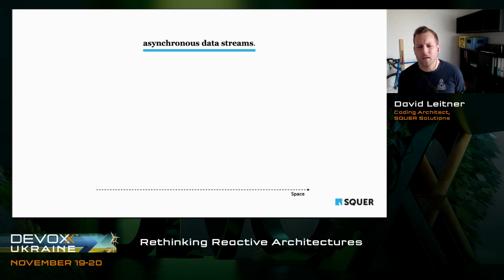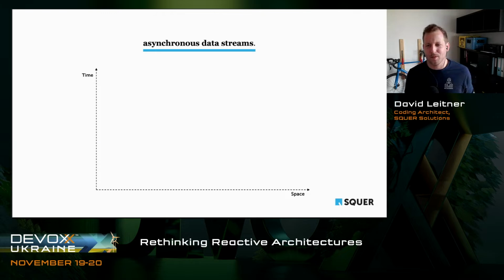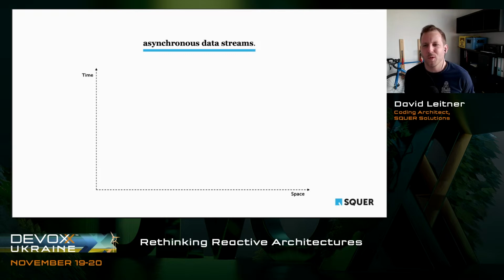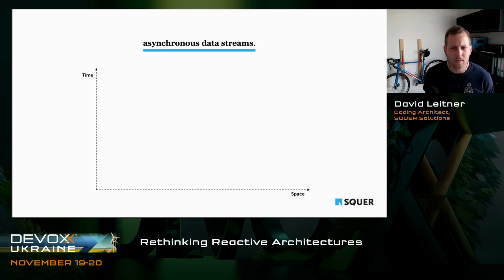because a stream is actually a very simple concept when it comes to programming. When it comes to data structures in programming, we usually have two axes, right? We have an axis of space and an axis of time. Sounds super complex, it's super simple, right? But it explains very well what a stream is, for those who are maybe not so familiar yet with what it is exactly when we talk about streams.